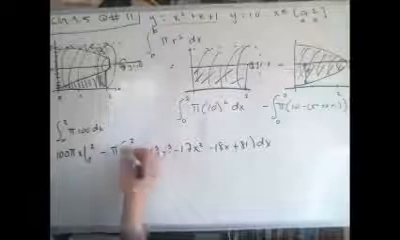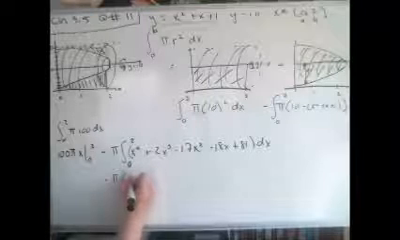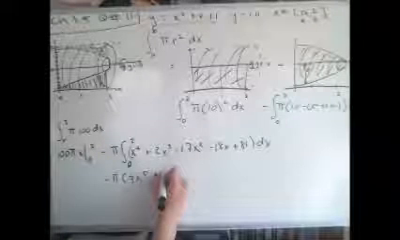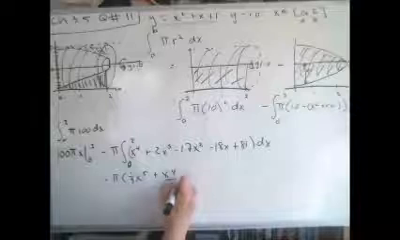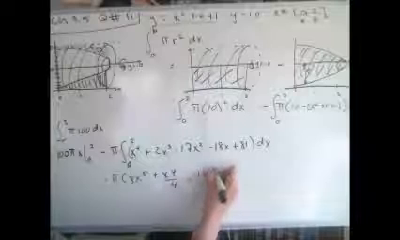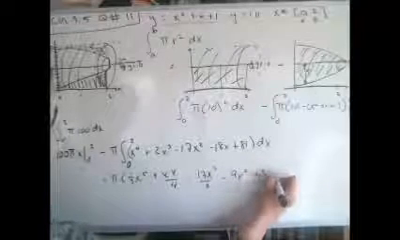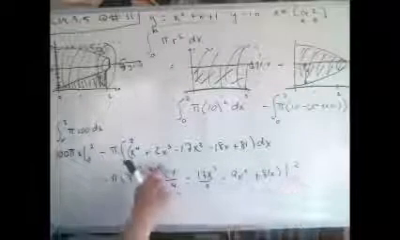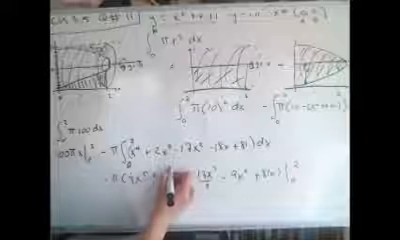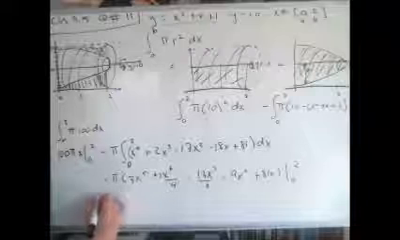Now, I can just do the power rule on each of these terms. So I'm going to get minus pi times 1/5 x to the 5th plus, let's see, that's x to the 4th over 4, minus 17x cubed over 3 minus 9x squared plus 81x, and I'm going to go from 0 to 2. This is going to be 2x to the 4th over 4, so I should write this out differently, 2x to the 4th over 2. Now when I plug all these values in and multiply it out, I'm going to get